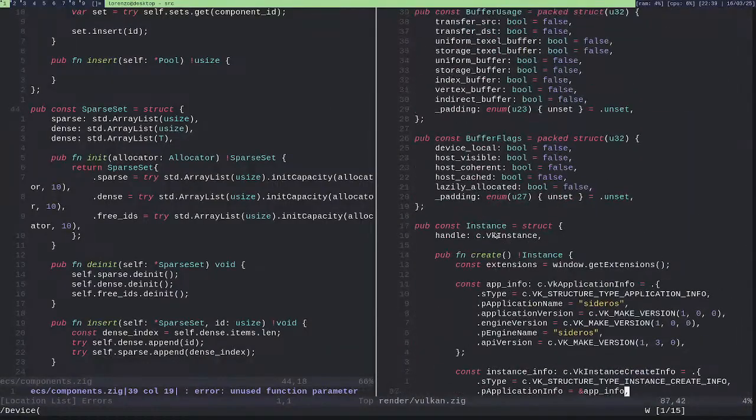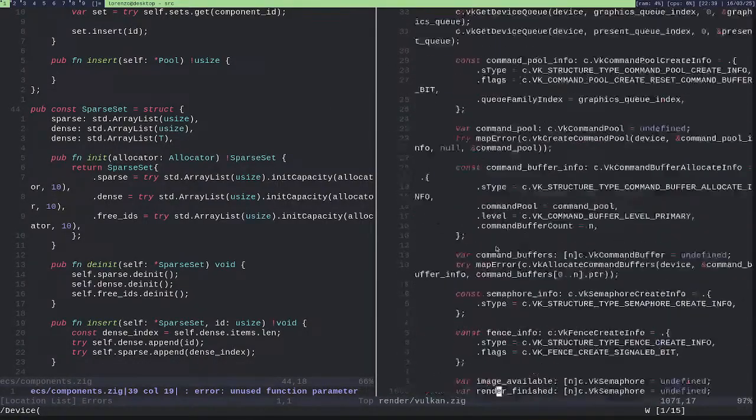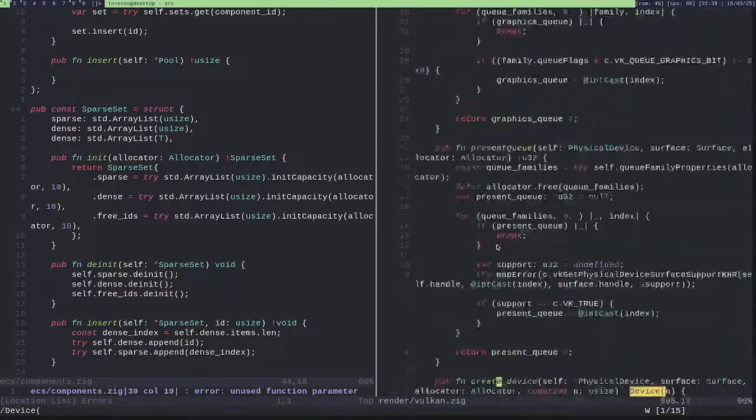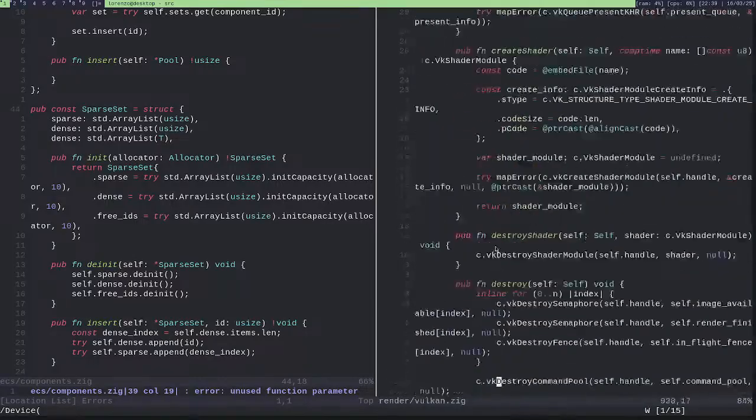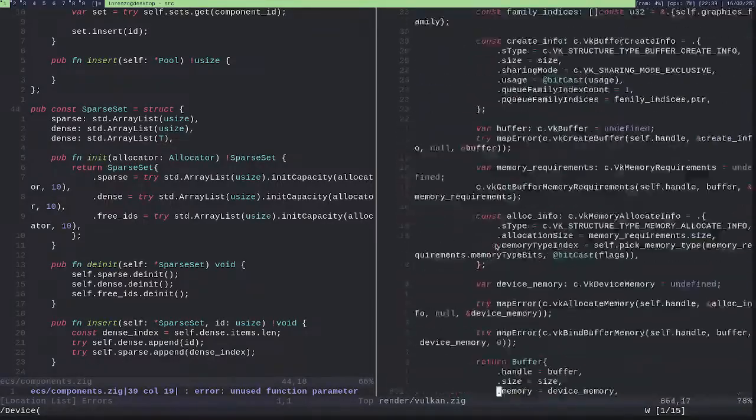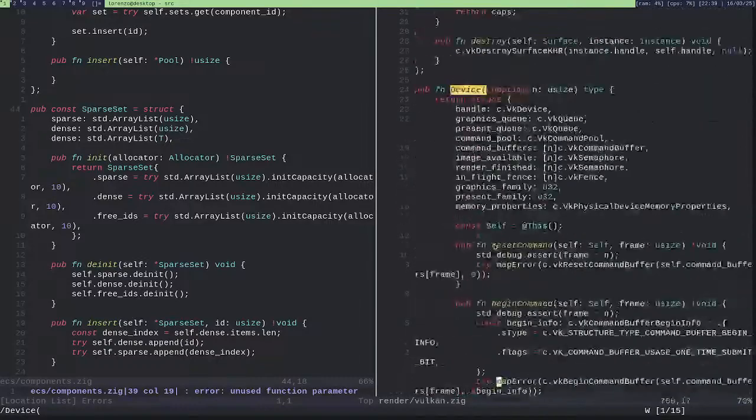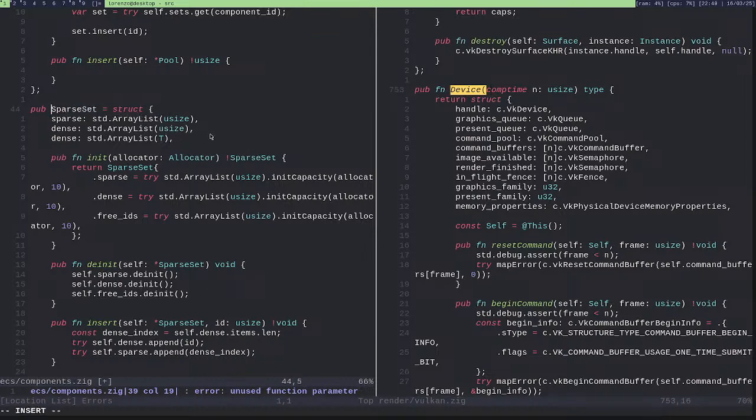Where is the definition? Because I don't really remember how you do this kind of stuff. Oh, okay. So function sparse set.